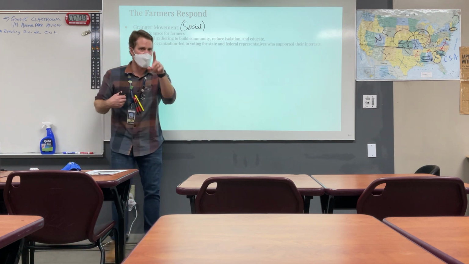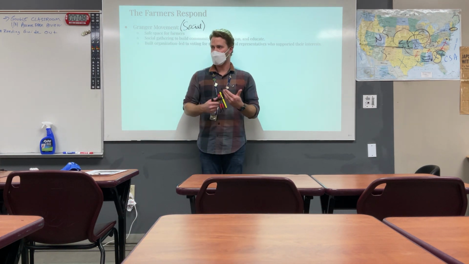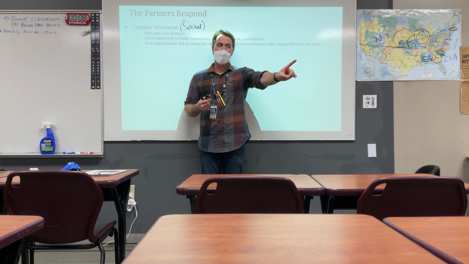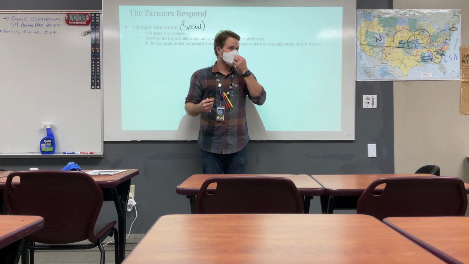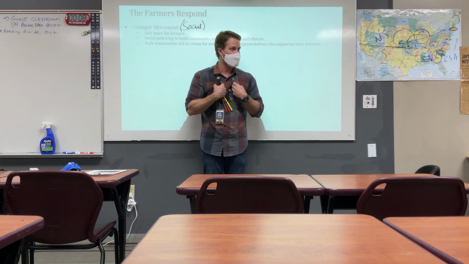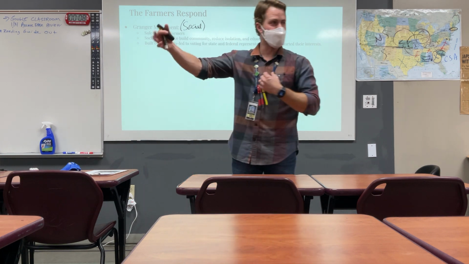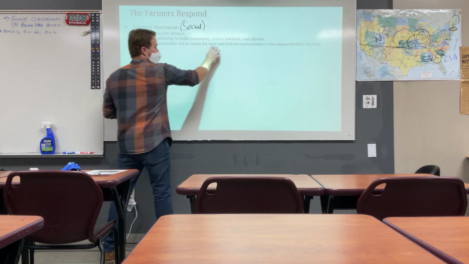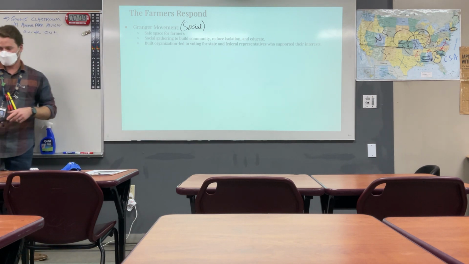What's one thing from your chapter, or what we just talked about on the last slide, that farmers might ask the government to do? What? Not more railroads, but regulate the railroads, regulate the businesses. Right? Tell these railroads they can't charge us these unfair rates. Because those rates are screwing me, they're screwing Francine, they're screwing Hannah, they're screwing Caesar. So they're going to vote for representatives who support their interests, the interests of farmers, what farmers want.